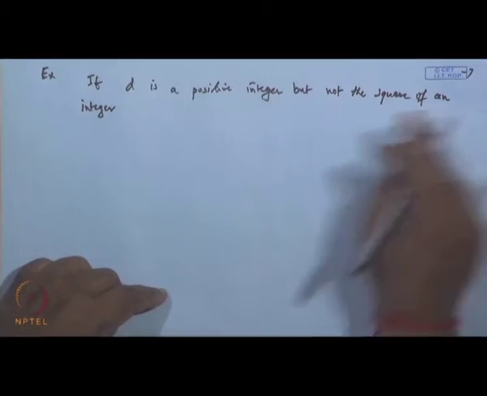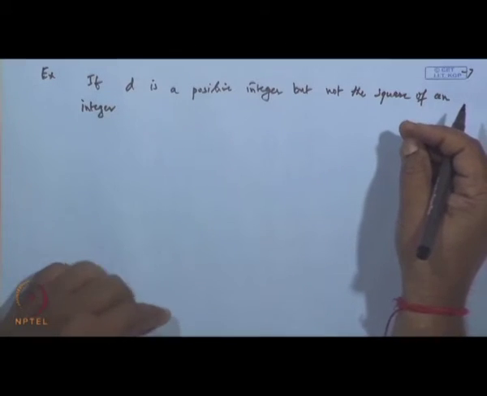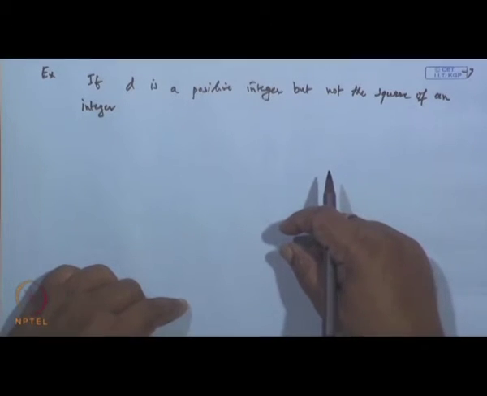It means the square root of d is not the square of an integer. So what we can say is that d is not a perfect square, okay? Not the square of an integer, and